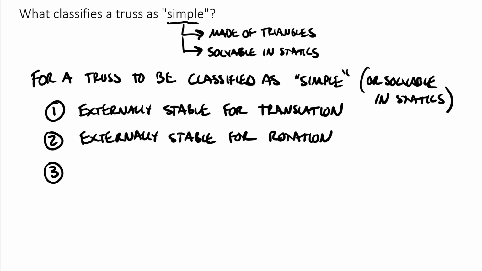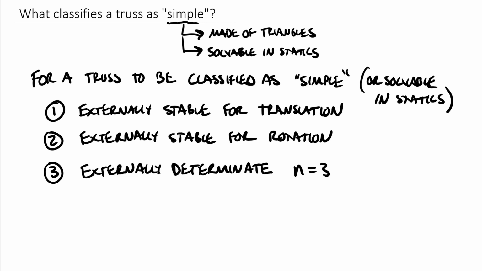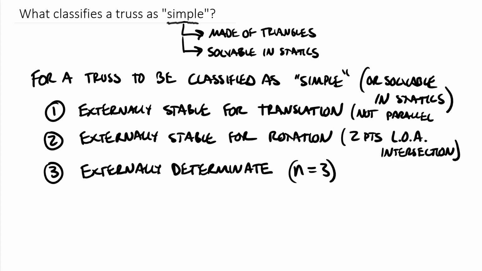Number three, it needs to be externally determinate. And of course, externally determinate looks at the number of equations versus unknowns. Okay, so we talked about we wanted n is equal to 3. So let me add a couple other notes here. 2 points of LOA intersection. And the top one here is not parallel. Okay, so those are exactly the same as for a single rigid body. If you don't remember those, you can go back and look at the stability and determinacy videos related to single